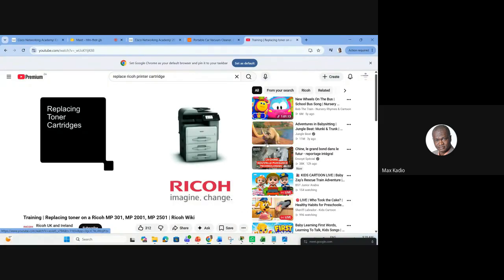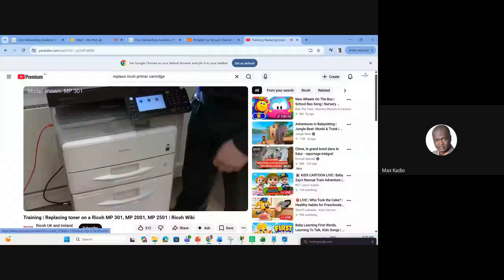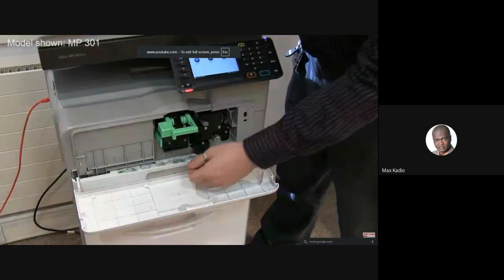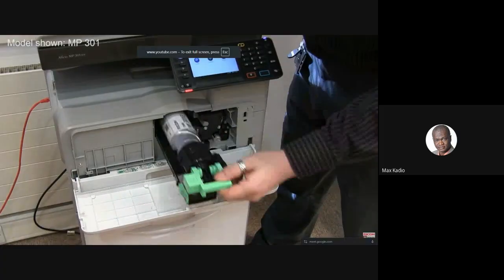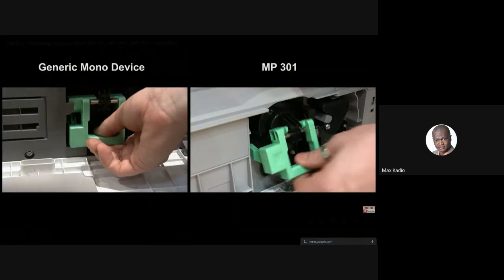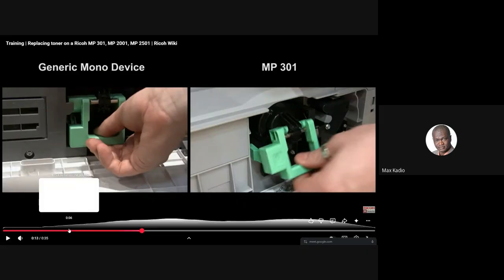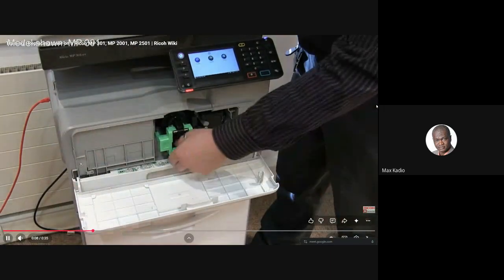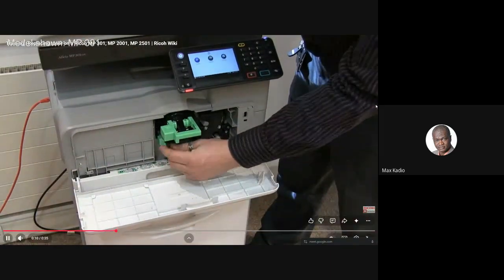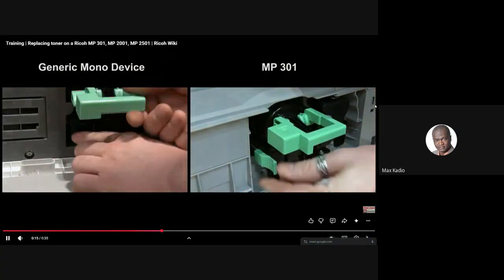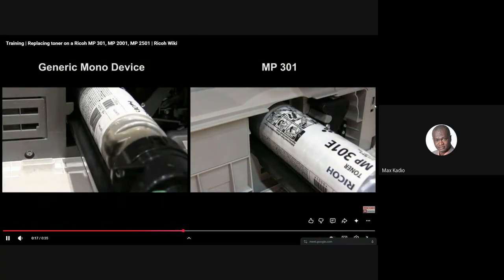You see, replacing. You see, it's good to do some research. If you don't know the correct way, you can break it. You see. So look at the way this guy is doing it. You see. If you don't know these steps, you'll break everything. So rather be cautious. You see.